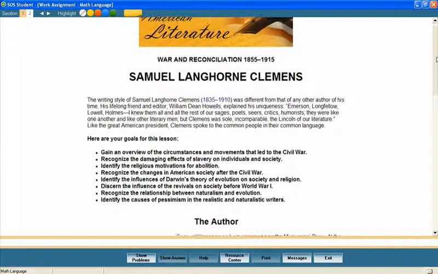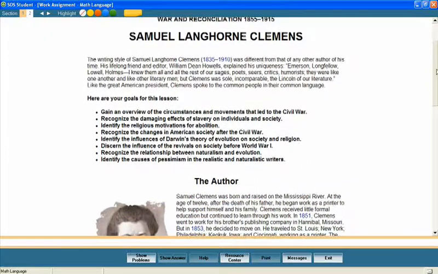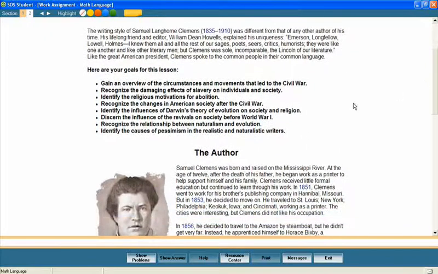Most lessons begin with a brief introduction and a list of goals or objectives for the lesson. These objectives help students stay focused on important lesson content and provide parents with an effective way to measure mastery